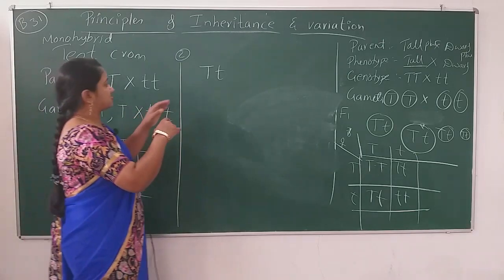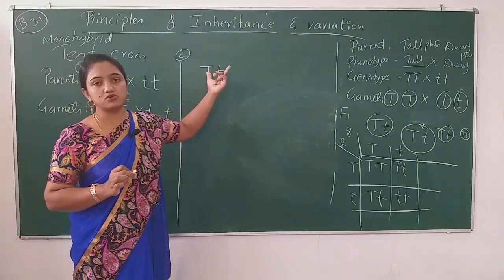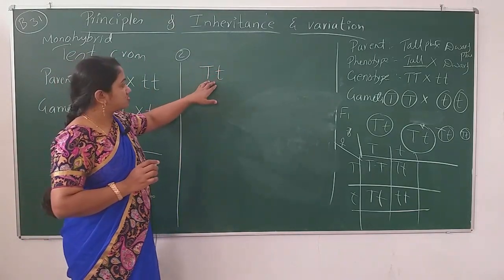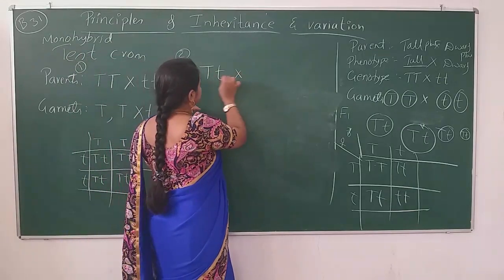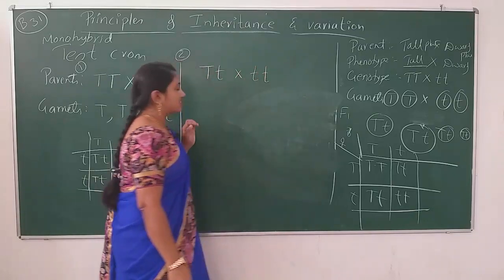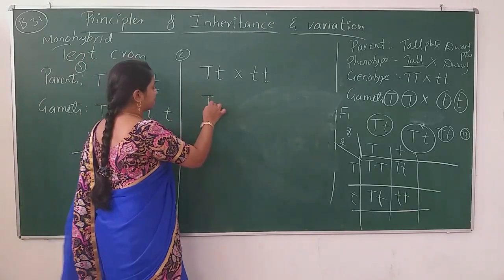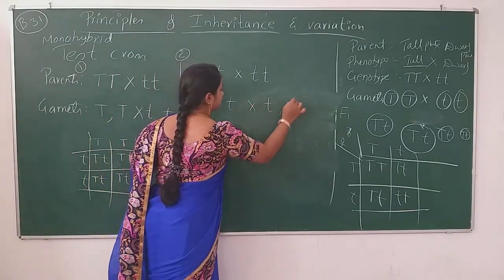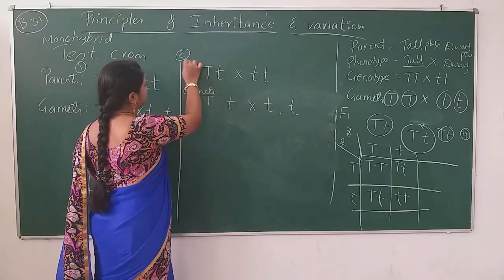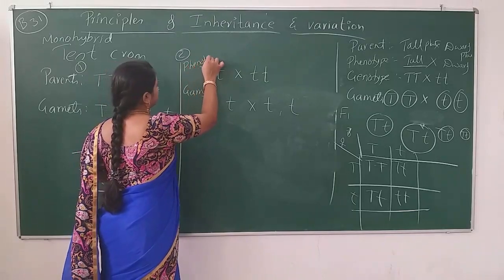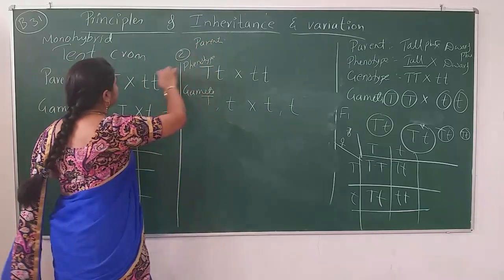So now we take possibility number 2. We have chosen the parent, and we don't know the genotype of the parent. In possibility number 2, it is in a heterozygous condition. When we cross this heterozygous parent to the pure recessive, homozygous recessive one, the gametes will be like this. So these are the gametes and this is the phenotype. How do you write the parents here? The parents will be